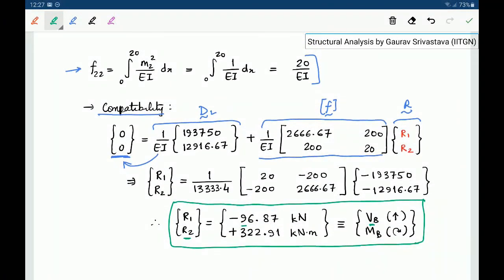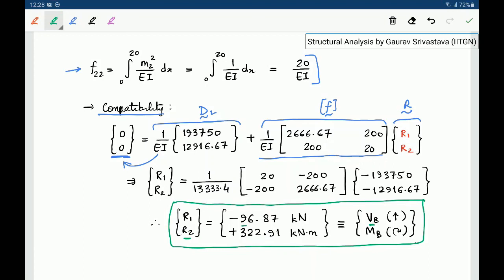So in this way, we are able to use this flexibility matrix method in a generalized manner to solve a problem of any dimension. The coordinates are for us to choose. We can choose any number of coordinates as demanded by the problem, and the only caveat in this method is that the choice of primary structure is not unique. The primary structure for person 1 can be different, and a different person can choose a totally different primary structure. So programming becomes a little bit difficult, and this is where the stiffness matrix method is one of the most used methods when it comes to programming and solving large structures.